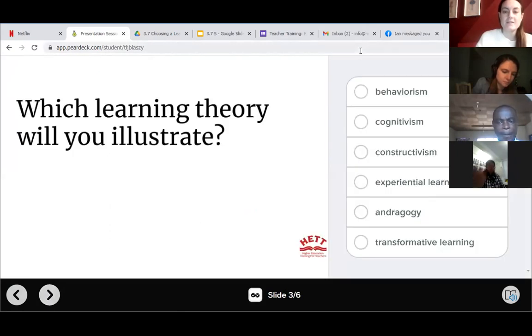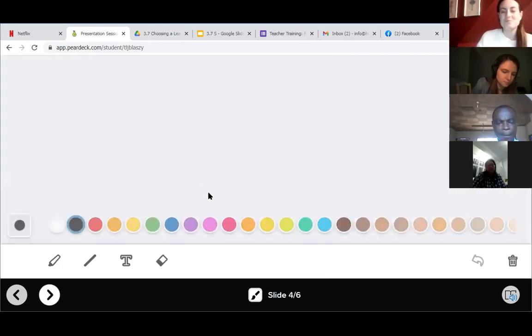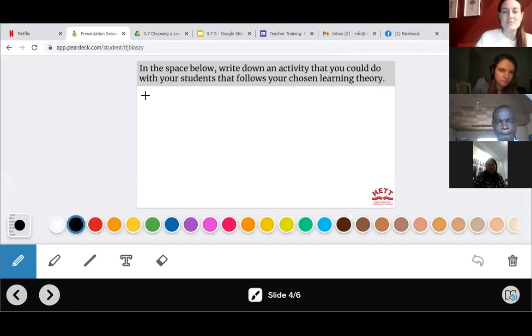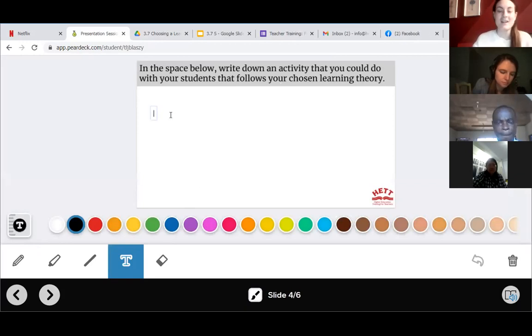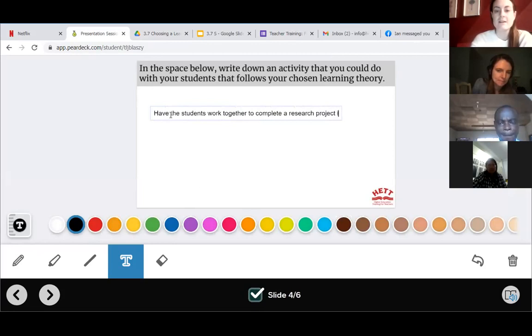Okay. So you can choose a learning theory, let's say experiential learning. And then in the space below, write down an activity that you would do with your students that follows your chosen learning theory. Experiential learning, having the students work together to complete a research project in their community. So maybe